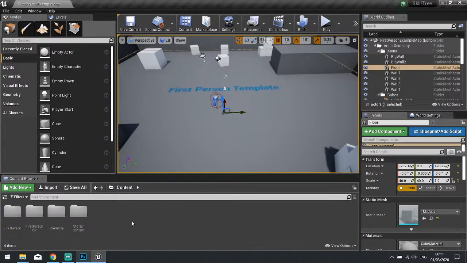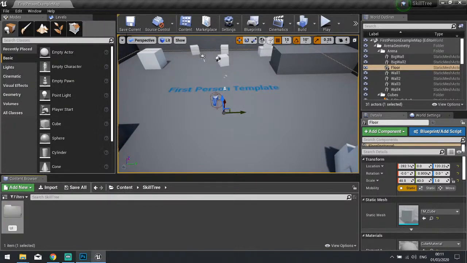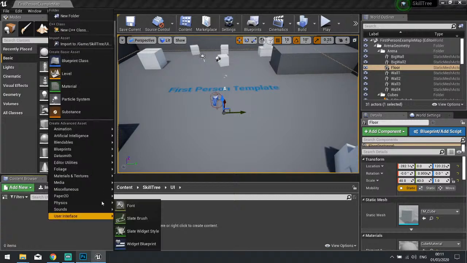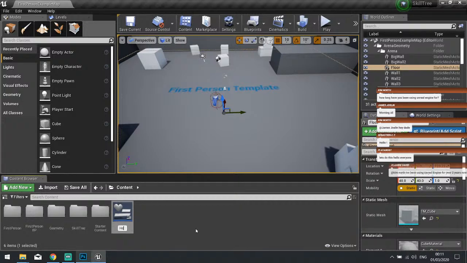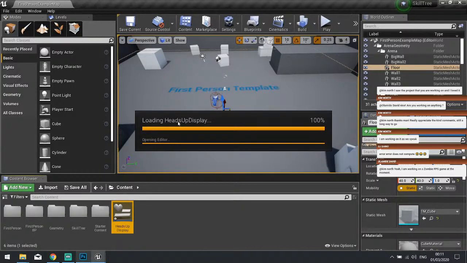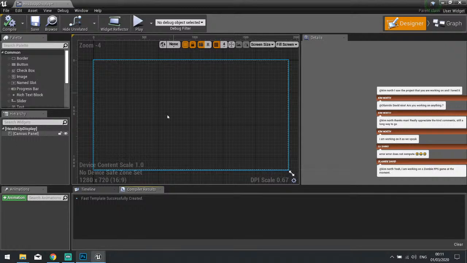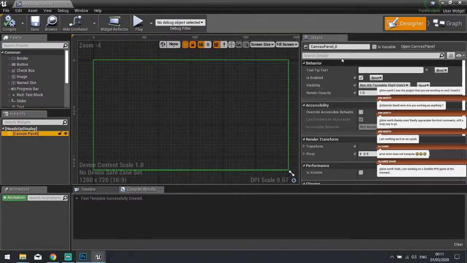So let's begin. First of all, let's keep ourselves organized and create a folder system for the skill tree, and we'll make the UI first of all, as that's quite important, and some basic stuff as well that the template defaults don't give you. So I'm going to give us a heads-up display, which is just going to be a canvas. It's nothing special, which you see here. We leave it blank like so. But what we will be doing is going to the canvas panel here and ticking is variable and going